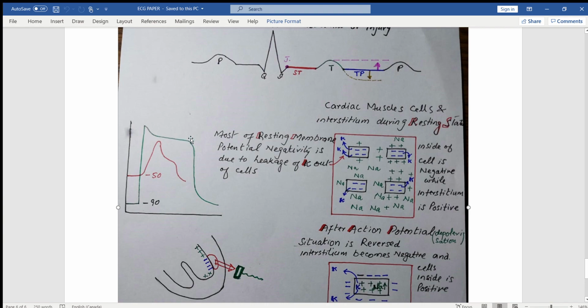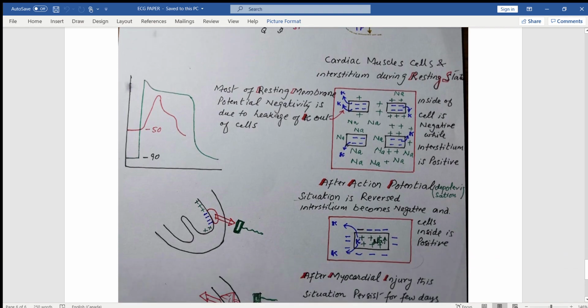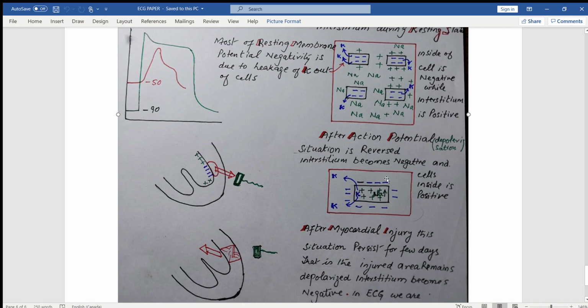Then a calcium channel block, and only potassium going to leak out. This is the whole depolarization and the repolarization, this plateau and the repolarization of the ventricular muscle. Now, consider this area, which is already an injured or depolarized area. Here the negativity inside the